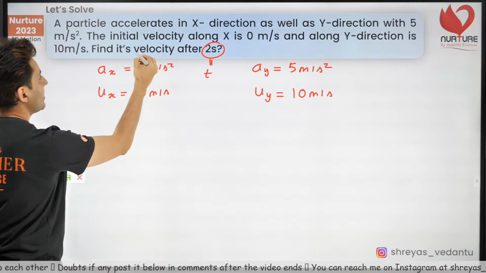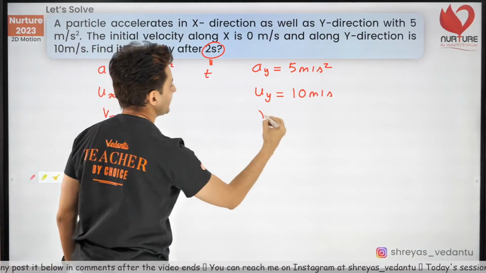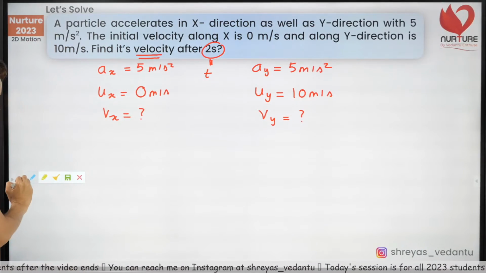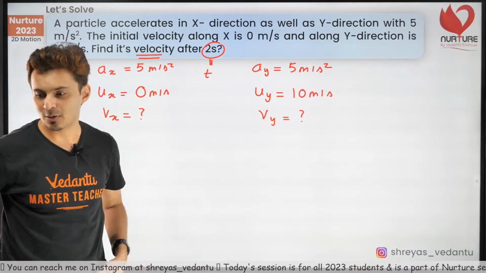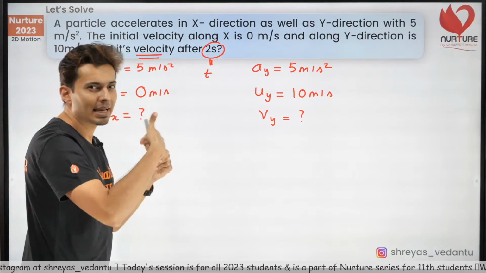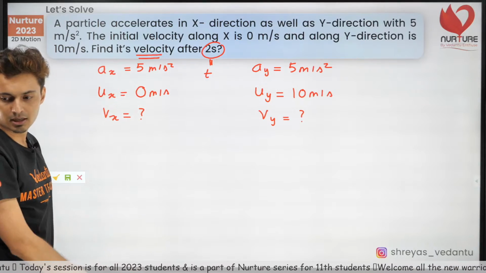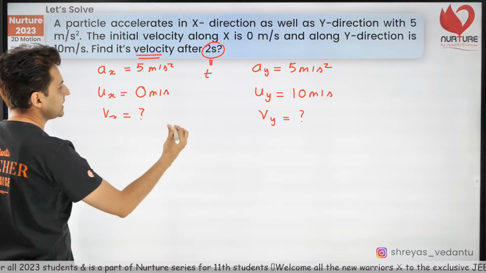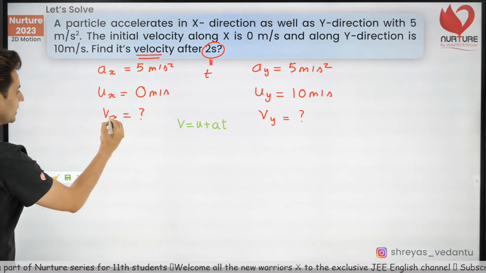The question is: find velocity. That means just try to figure out what is Vx and what is Vy. Which equation, guys, are you going to use? Please let me know. For finding Vy or Vx, which equation are you going to use? Think about it. Obviously, u is given, a is given, t is given. First kinematic equation, v is u plus at. Correct, Kamlesh? Hello, Dinesh. Welcome aboard. So obviously, you're going to use, in both situations, v is u plus at. That's it. Use that and see what happens.